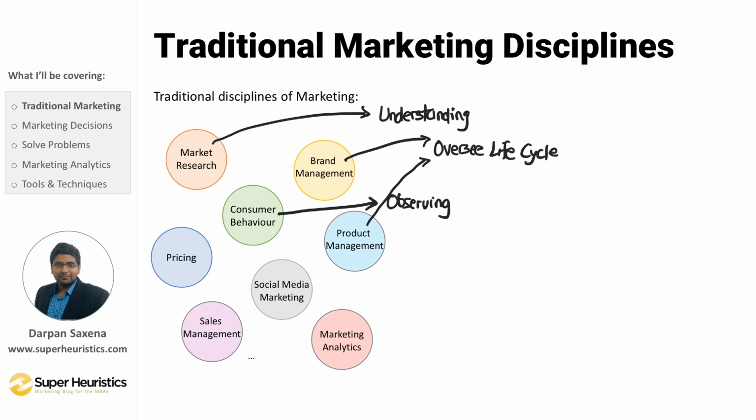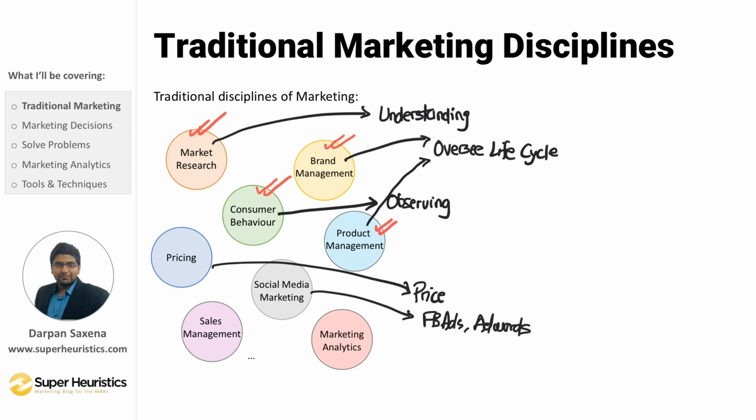So now that you have your brand in place, you have your research with you, you know the behavior of your consumer, and you also have a product, you would go ahead to create a pricing strategy for it. And then if your organization is online, you would also employ things like Facebook ads, AdWords, and all such things. And finally, obviously, the objective of all of this, in fact the objective of everyone in the organization, is to achieve the sales, because the sales is the ultimate truth.